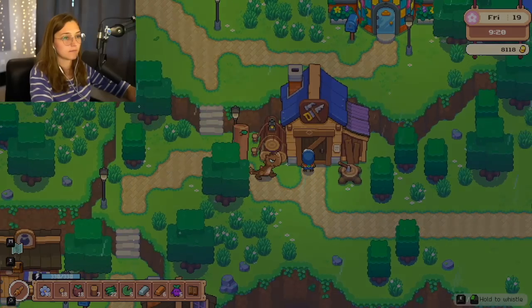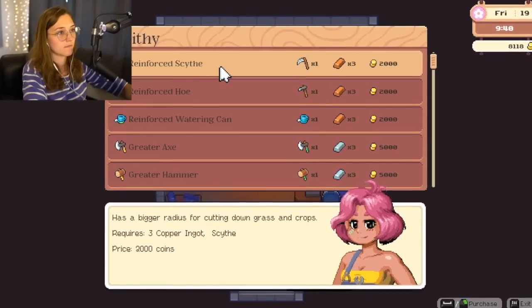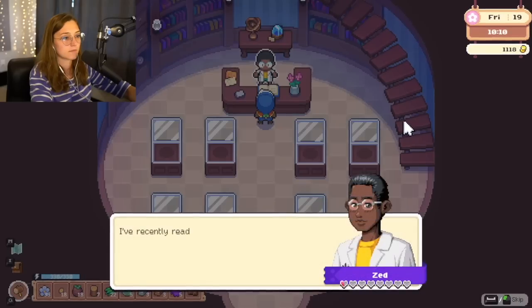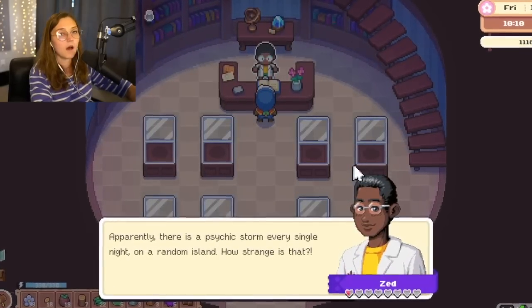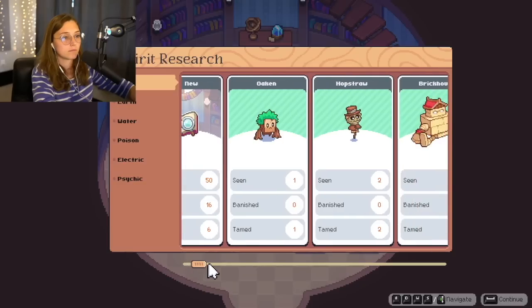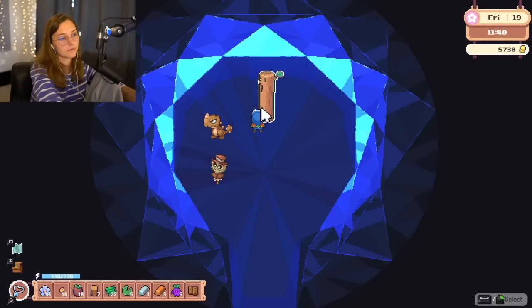The next day, I headed straight to Paolo's, giving him the Oaken he had asked for, and while I was in town, I stopped into the blacksmith upgrading my scythe and hammer before stopping by to see Zed at the Science Center. Apparently, the rain I had experienced a couple nights ago was actually a psychic storm. And further, I learned that they happen every night on one random island and actually summon psychic spirits. I sold my scientific findings to Zed for a generous 4,600 gold